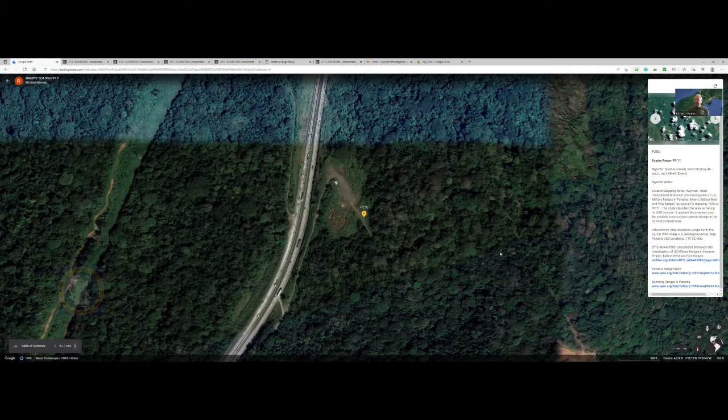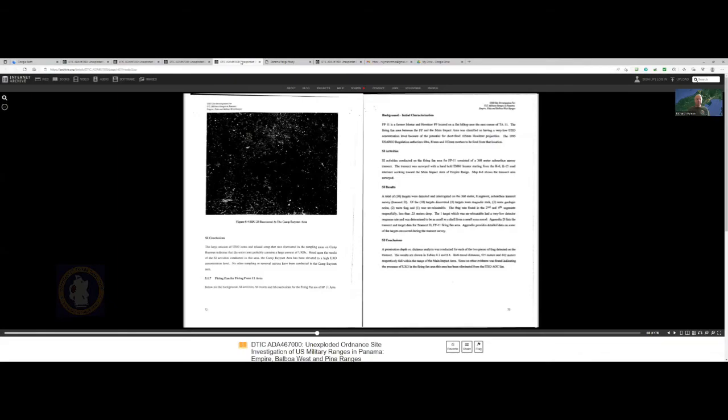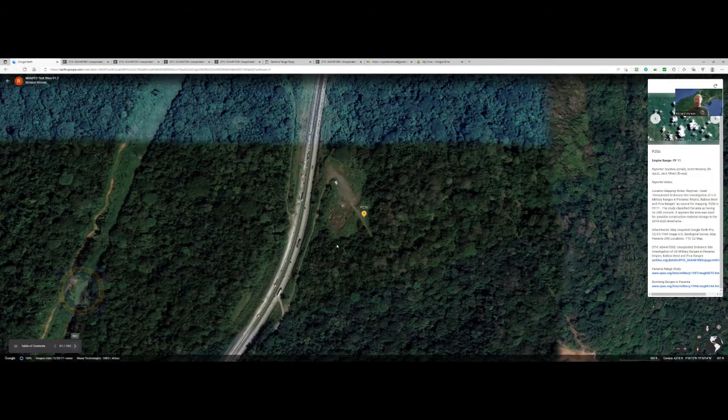And if we look at the range study for this, firing point 11, they described it as a former mortar and howitzer firing point located on a flat hilltop. And they felt it was of low concern as far as unexploded ordnance. The next point